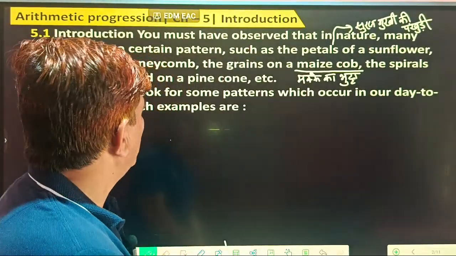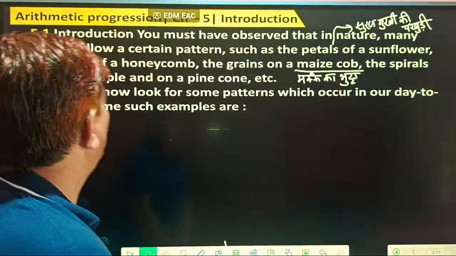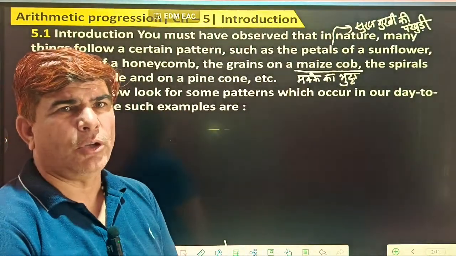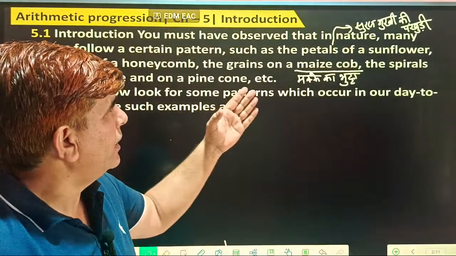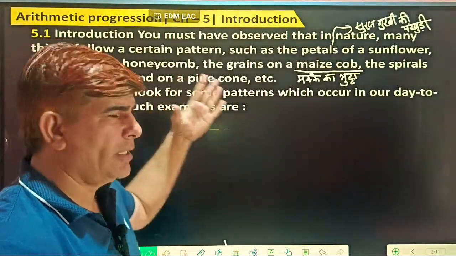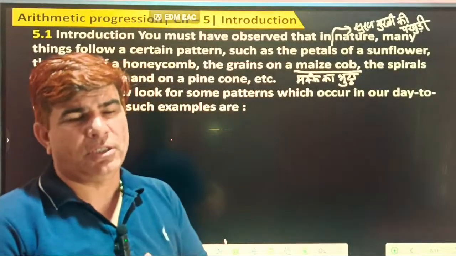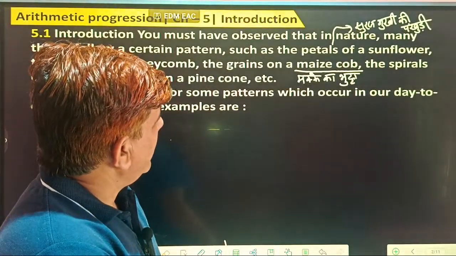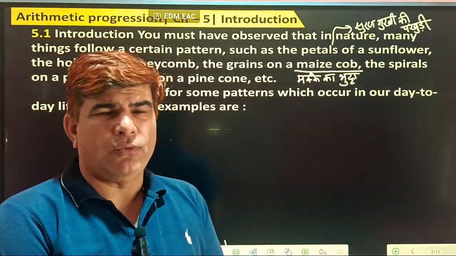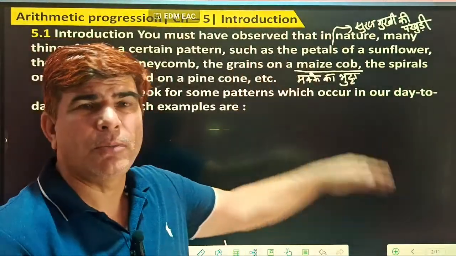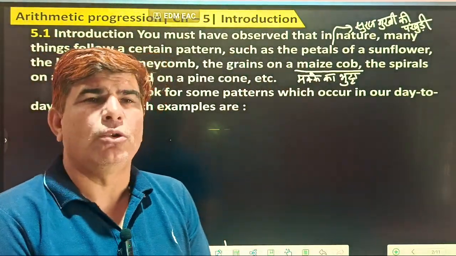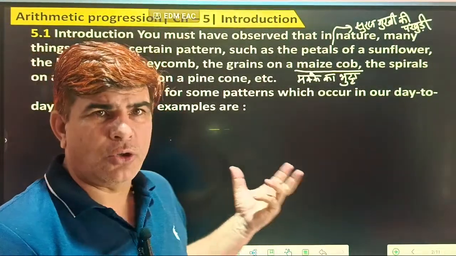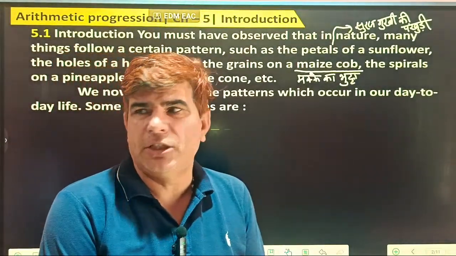chapter number 5. Here, what's given? Introduction. You must have observed, an example is given from nature, that in nature many things follow a certain pattern. Pattern means rule. Such as the petals of a sunflower, they are following a rule. Following a certain pattern, their color is yellow, following